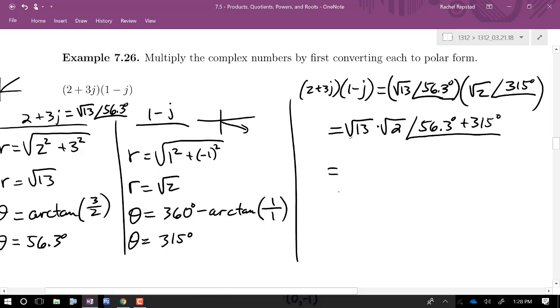So our new modulus, we're multiplying two radicals, so we can combine them under one radical. So we have root 26 at an angle of 315 plus 56.3, which is 371.3 degrees. This is sort of in polar form, but there's one thing we need to fix. Well, it doesn't have to be in radians, but it's more than 360. So our last step